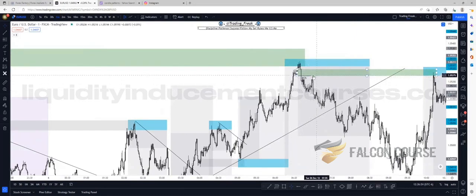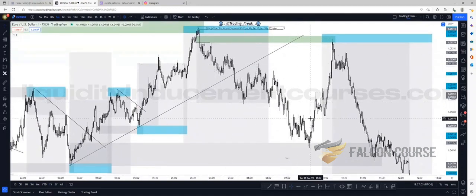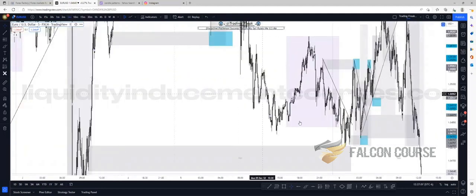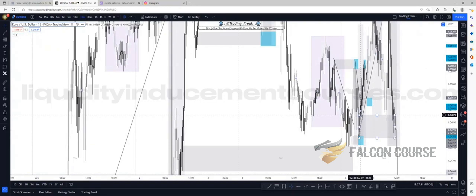We have a liquidity, our inducement high right here. We have some liquidity that we need to take out. And then again, we make our low. We could draw another trend line. Trend line goes into what? Another order block. I think this was on a 5 or 15-minute time frame. Yeah, 15-minute time frame. All right.